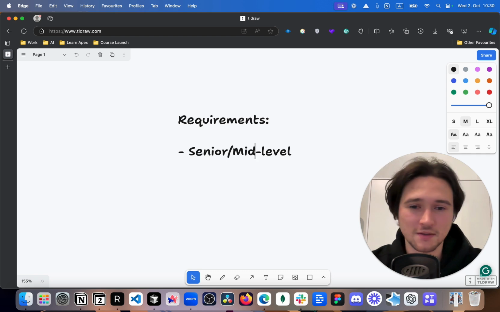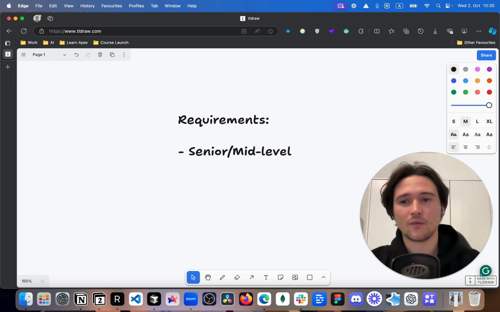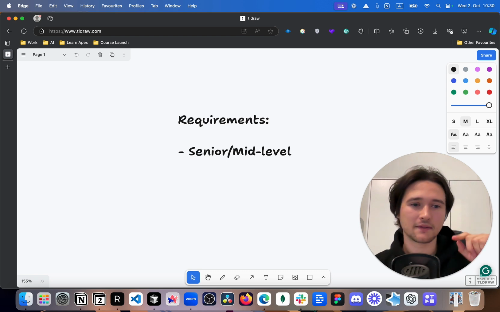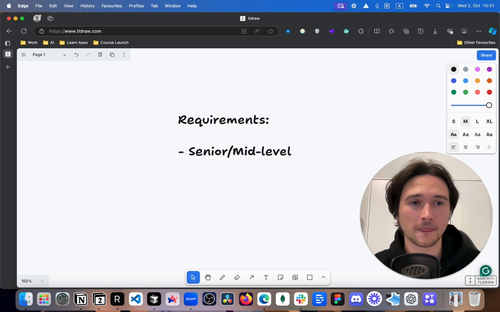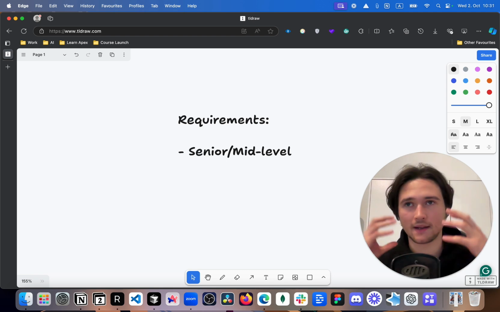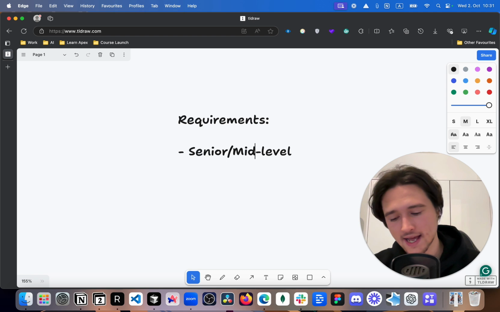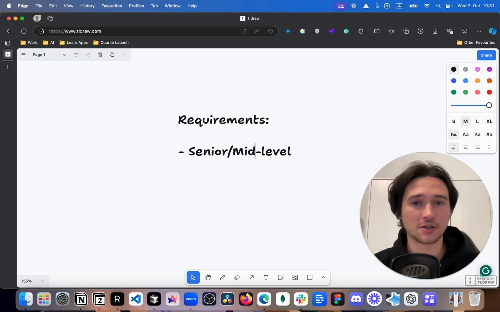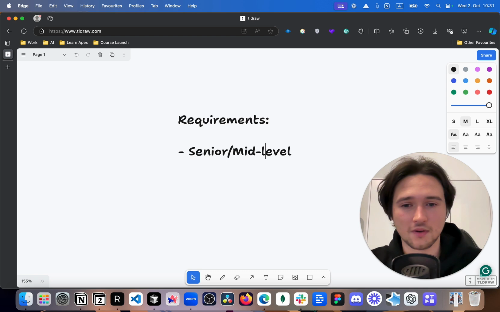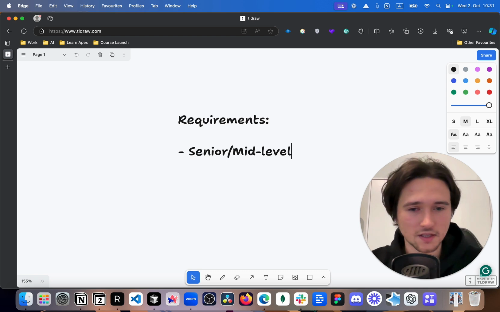If you really believe that you can do it, and if you are already working in any role in Salesforce, what I can definitely say is that you have the brain, you have what it takes. You have the brain to physically understand Salesforce development, right? Then it just comes down to motivation and can you actually pull it off. All right, so usually I work with senior and mid-level people.